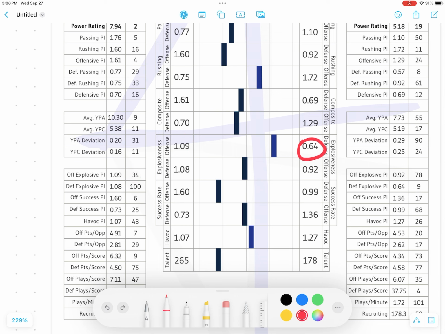Moving on to Notre Dame's defense and Duke's offense, in terms of explosiveness, Notre Dame's defense is a little bit susceptible to the explosive play on defense. They're rated 1.08, which, again, on defense, a higher number is worse. So they're actually worse than your average team in defensive explosiveness. That's a rank of 100th in the country, so definitely something to keep an eye on for Notre Dame